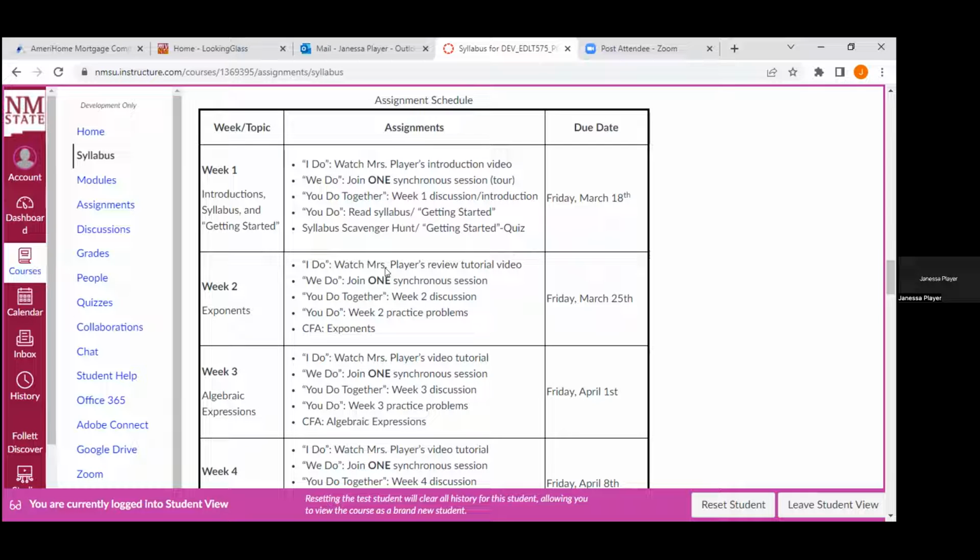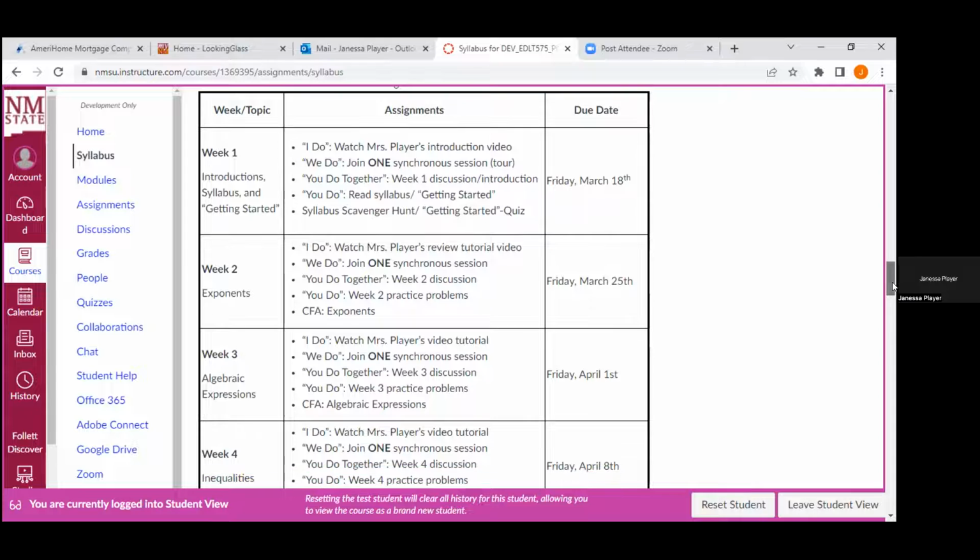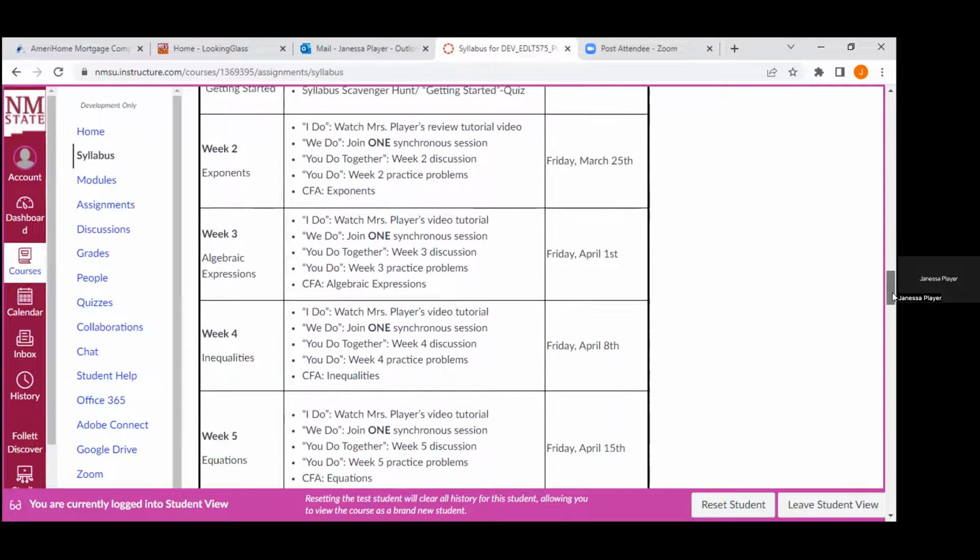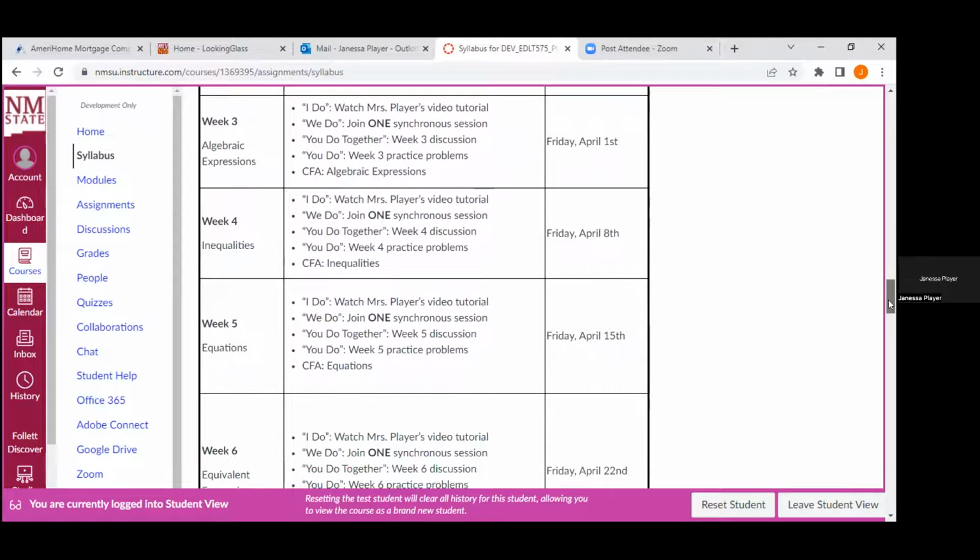So they're seeing the material presented to them many different ways. They have many opportunities to engage with that content, and it's from lower to higher stakes. Again, that's just best practice. So you can see, just even looking at that assignment schedule, that I've made it look really consistent.